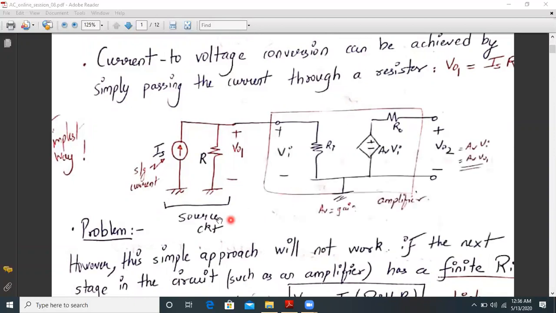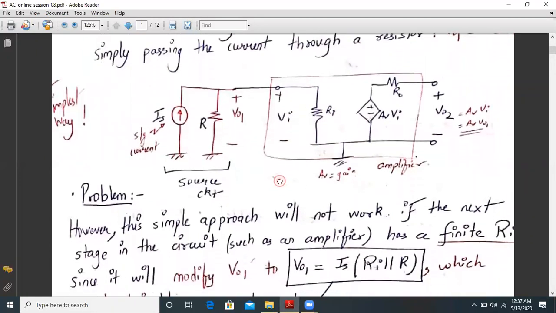Let's say this simple current to voltage conversion is connected to a circuit that is an amplifier circuit. As we know, an amplifier circuit has input impedance and so on. So this simple approach of just passing a current through a resistor will not work, because this amplifier, as you can see inside this box, is a linear model of an amplifier.